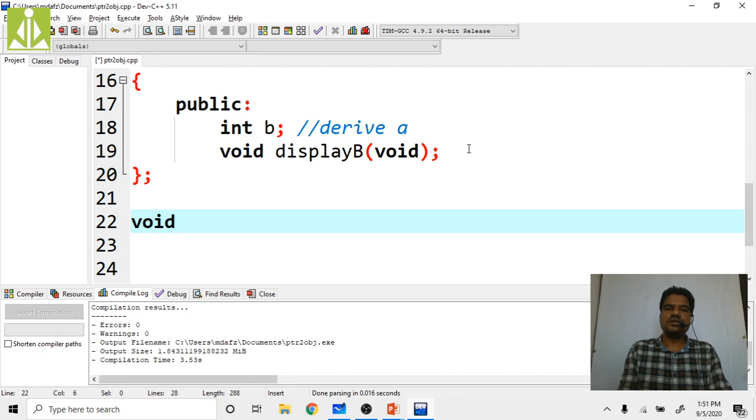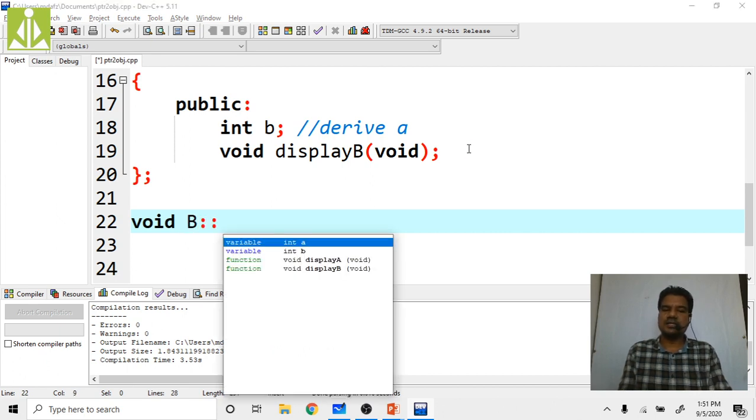Now void, what is my class? B class. Inside B class I am declaring this. See, even though you have not declared them, it is automatically showing A and display A also, because it is inheriting.